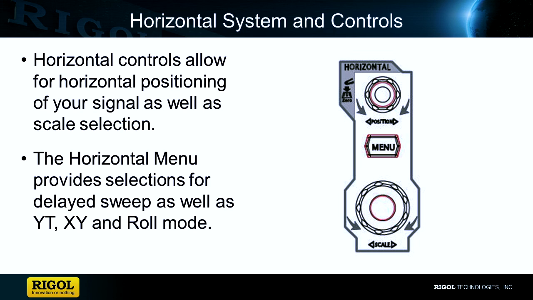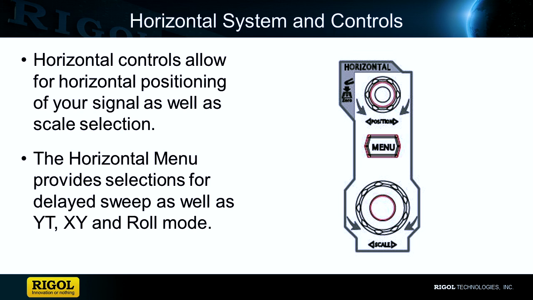The scale knob adjusts the sweep speed of the scope. Turning the scale knob counterclockwise will slow the sweep time down for slow signals, and turning it clockwise will speed up the sweep time for faster signals. Adjusting these two controls will allow you to optimize the scope and display to show the detail needed to properly